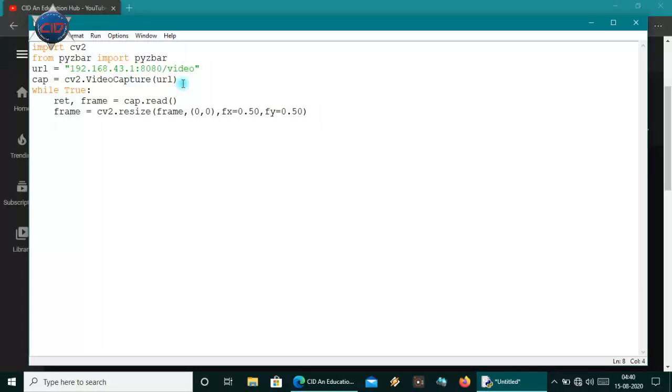Now I want to show a text saying how we can close the camera. So I will simply use cv2.putText. I will pass the frame and the message which will be shown: press Q to close camera.